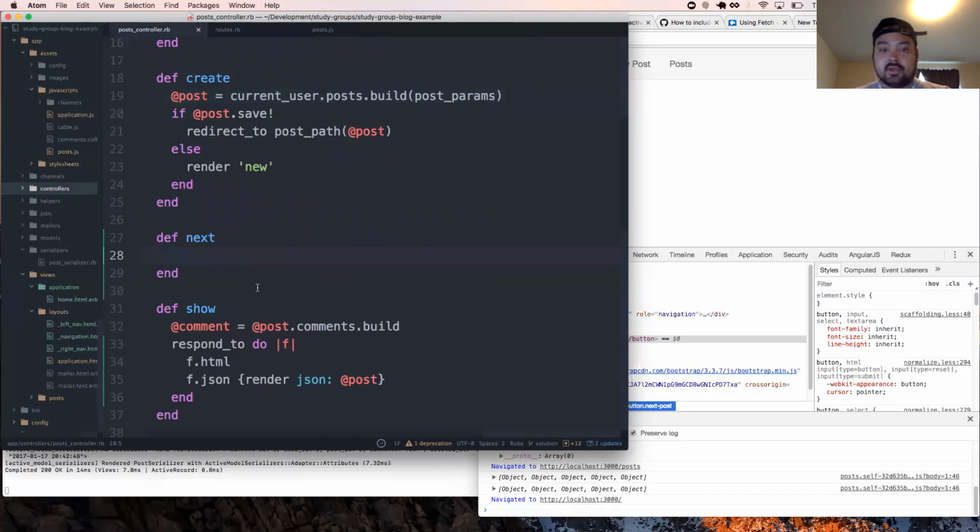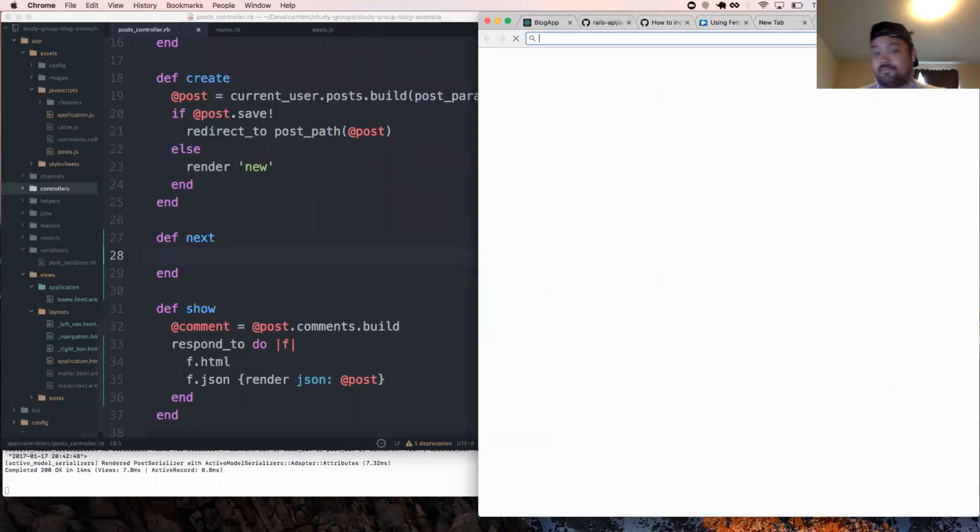And what we want to do here is have some logic in the post model to grab the next post, or if we're on the last post, get the first one. Because if you keep on clicking next, you're going to get to the last post eventually. So you want a mechanism for them to start over at the beginning of the posts. So to do that, let's